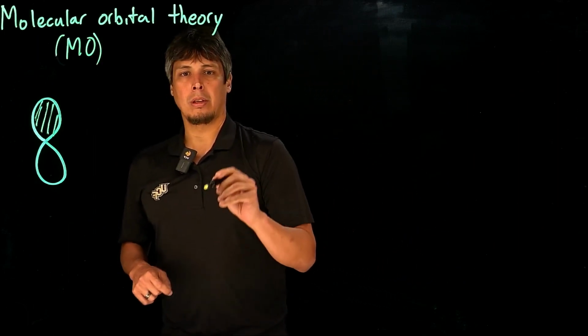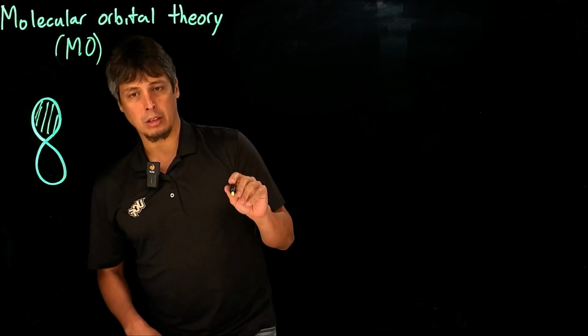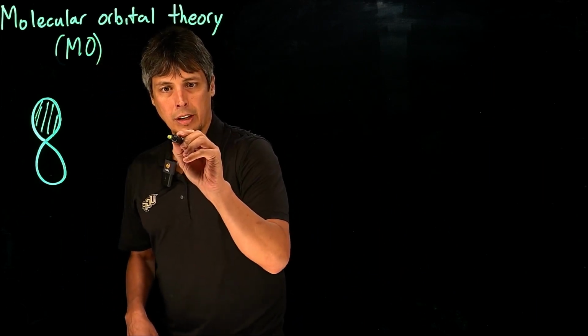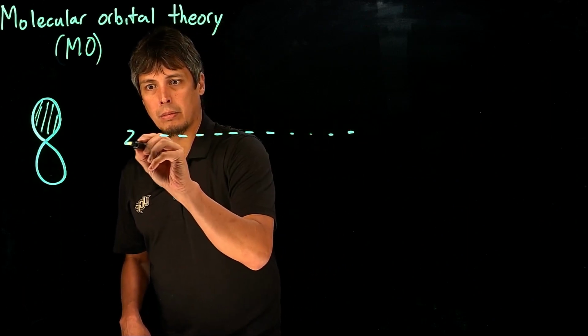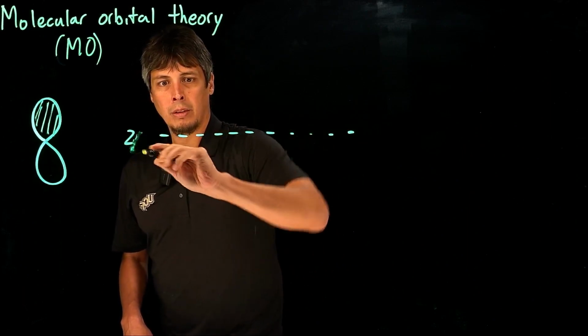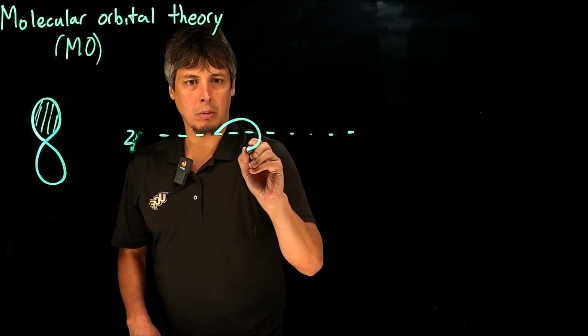So for instance, let's define this quickly as a z-axis, and let's say we have two p orbitals